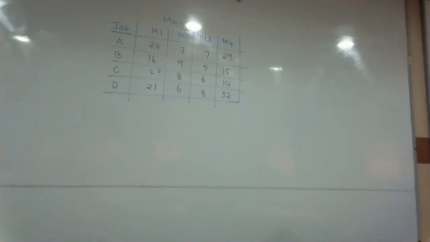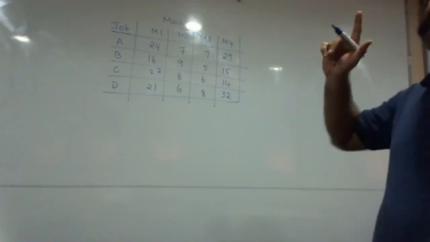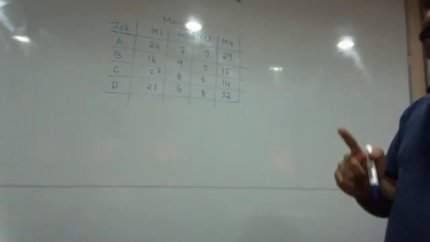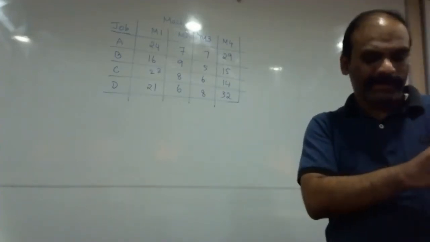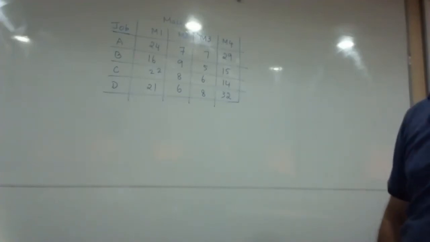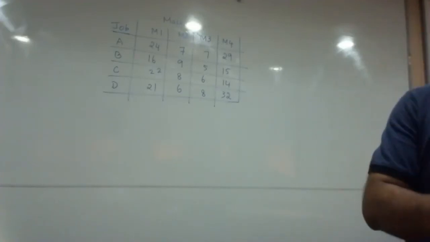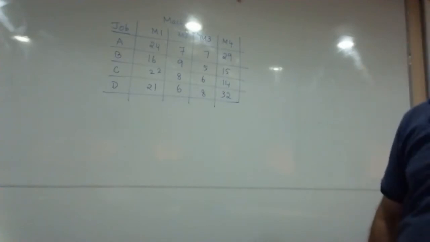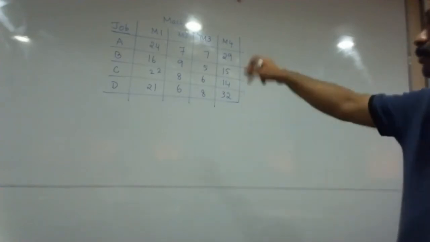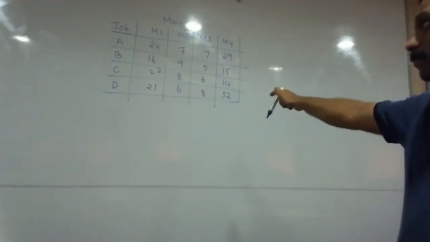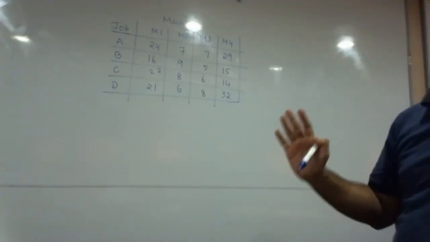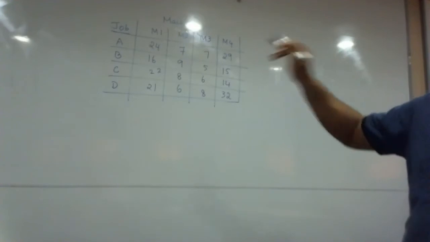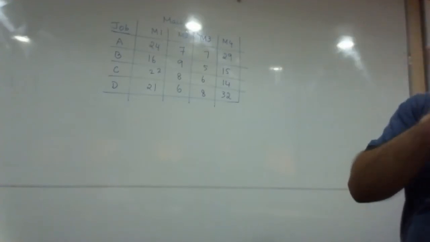Now the moment you look at this question, the first impression you should be able to get is whether the question belongs to case 1, case 2 or case 3. What is the basis on which we are going to classify this? Is it on the basis of jobs or on the basis of machines? Machines, sir. Very good. Here the number of machines in this problem is 4. M1, M2, M3, M4 are 4 machines here, and therefore it straight away qualifies to case 3. I think that clarity everyone should have.